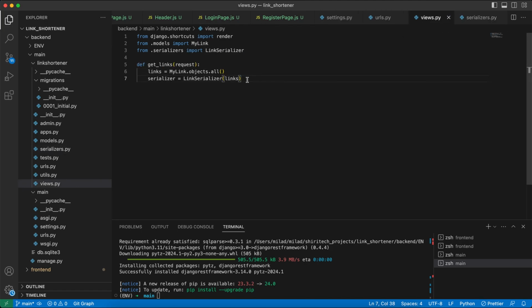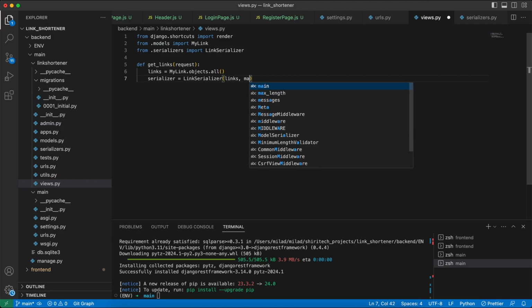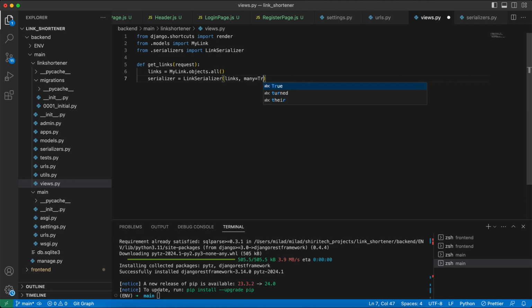And because we have multiple instances, we need to set many as true. And then we can return response.serializer.data. And also we need to import response, let's get rid of this,